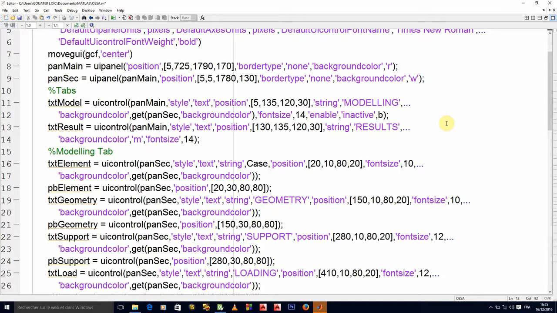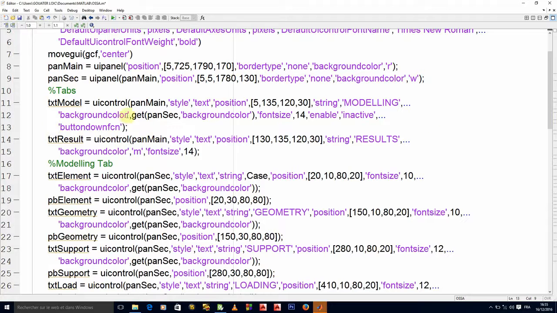A button down function. In order not to make a line too long, let's go down again. A button down function, let's call it tab.